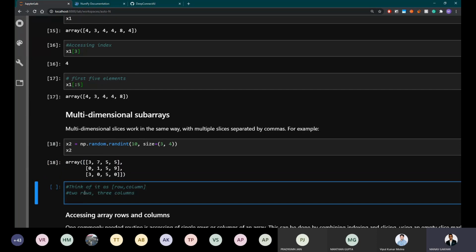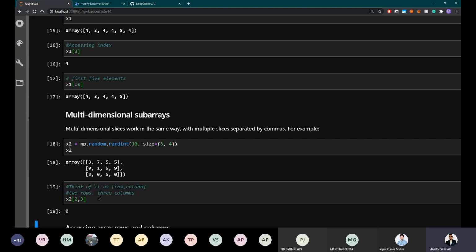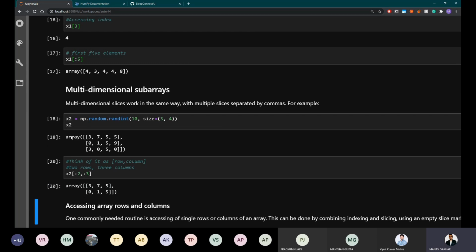We'll try to get the first 2 rows of this array and then the first 3 columns. The notation works as row comma column. You want the first 2 rows, so write 2 here, and you want the first 3 columns, so write 3 here. So you have the first 2 rows here and then the first 3 columns.